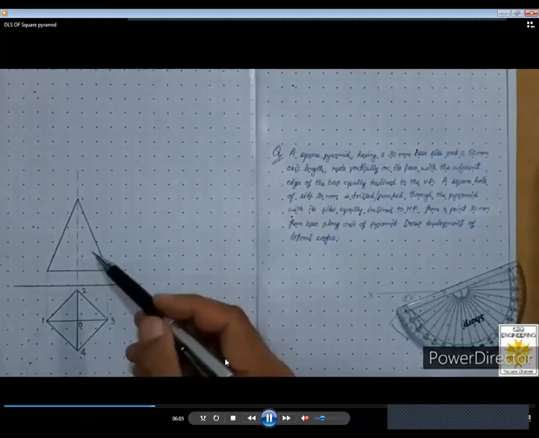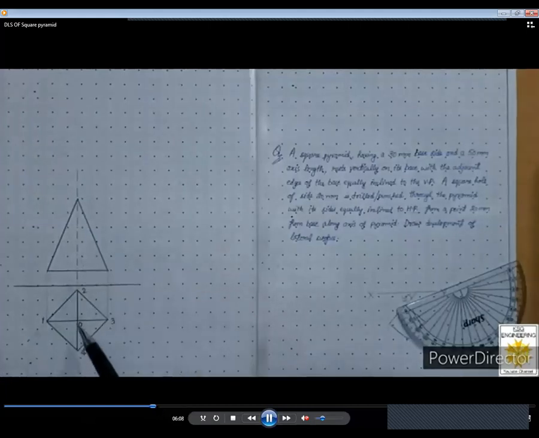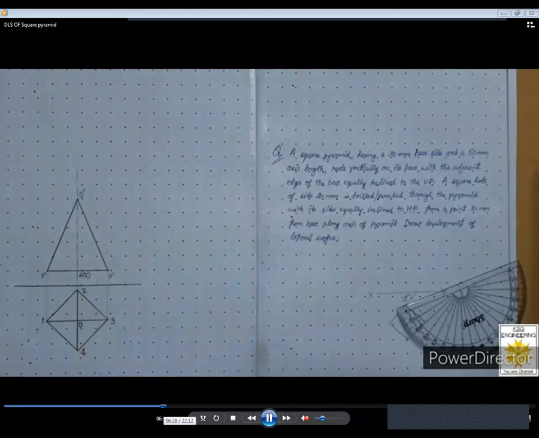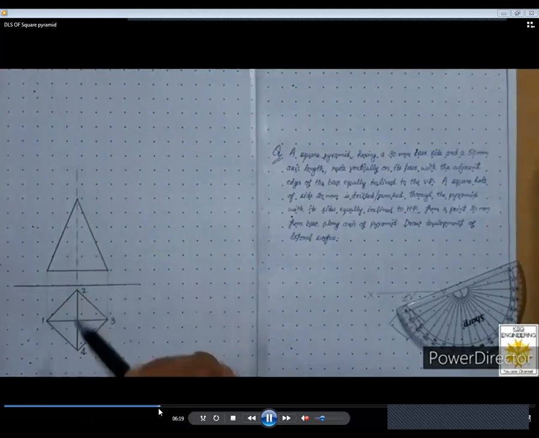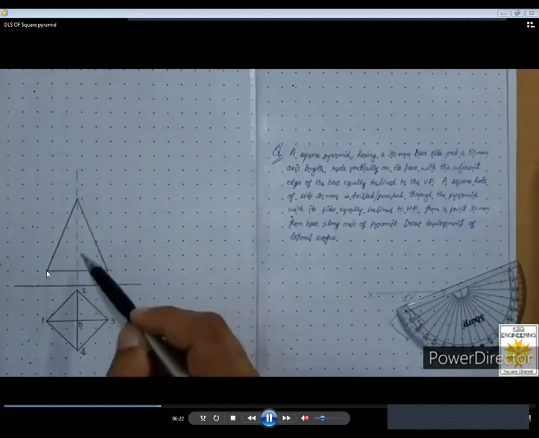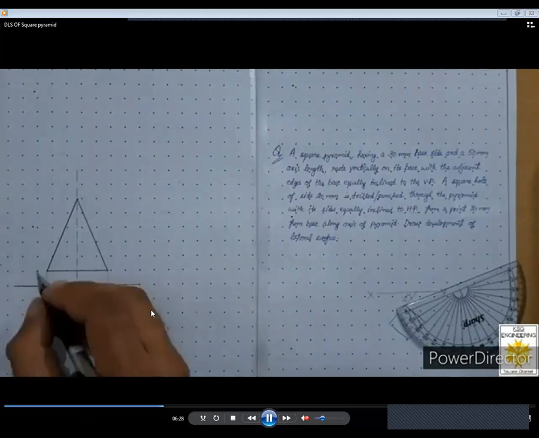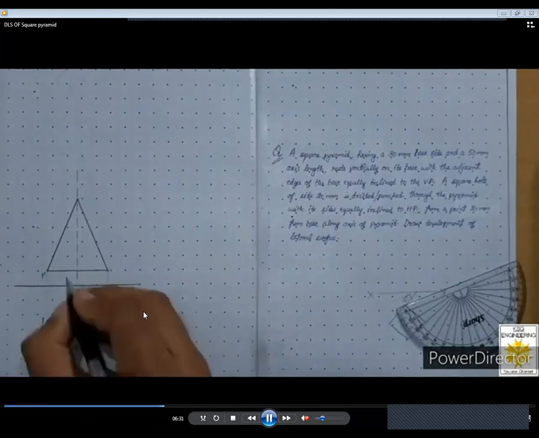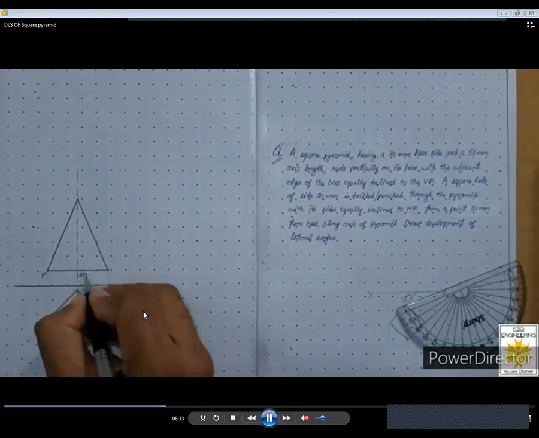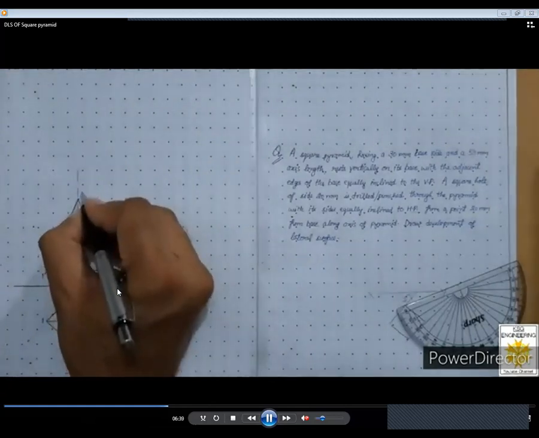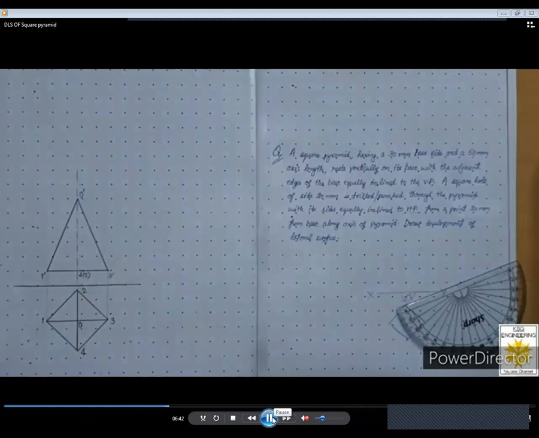So this is the front view and top view of the square pyramid. We have to give the names. One point will come on this point, so it will be 1 dash. In front view we are giving 1 dash, 2 dash, 3 dash and 4 dash naming. So this point is 1 dash. 2 and 4 come to this point, so 2 dash and 4 dash, and point 3 comes on this, so it is 3 dash and O dash. In front view we are giving names O dash, 1 dash, 2 dash, 3 dash, and in top view 1, 2, 3, 4. Fine.